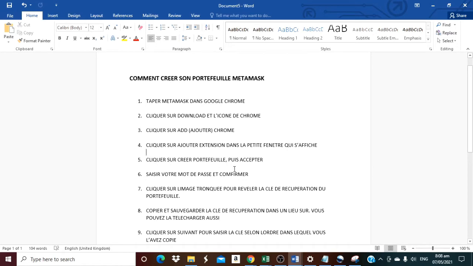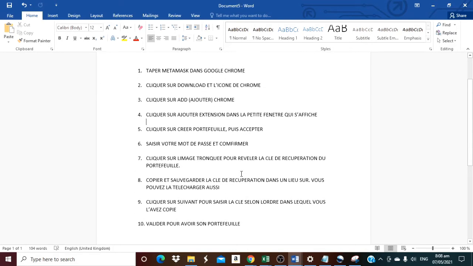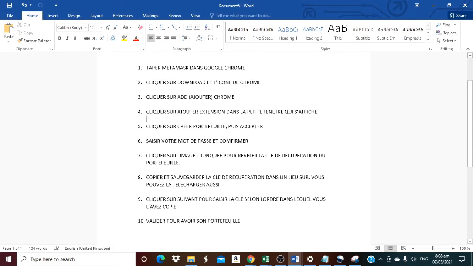Then you enter your password and confirm. Then you click on the hidden image to reveal your key phrase that will allow you to recover your wallet in case you forget your password. Then you copy that key phrase and save it somewhere that will not be lost.